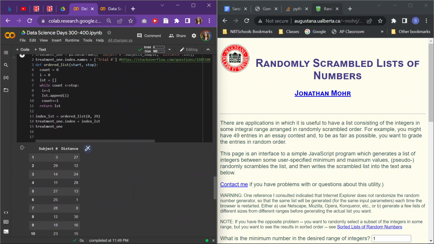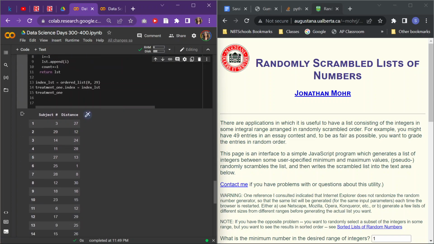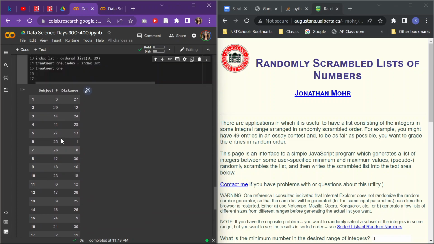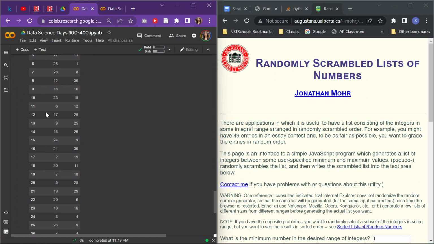And then what I did was I just set it equal to the subject sample as I had it up there, and so now you can see the subject number is equal to the sample over here, which is the same thing over here. You can see 3, 29, 14, etc. And let's see,